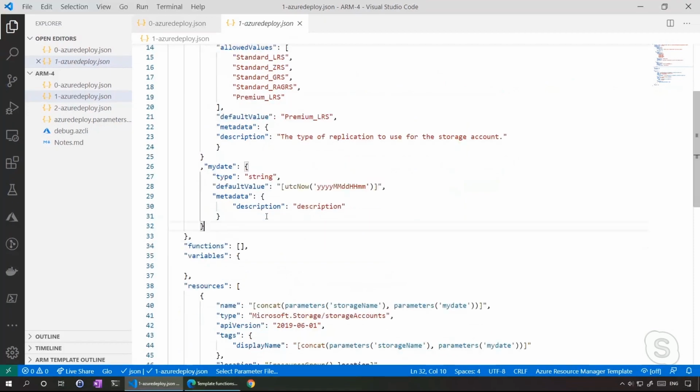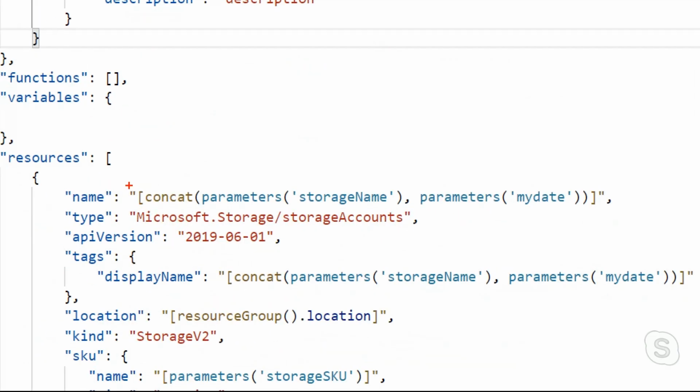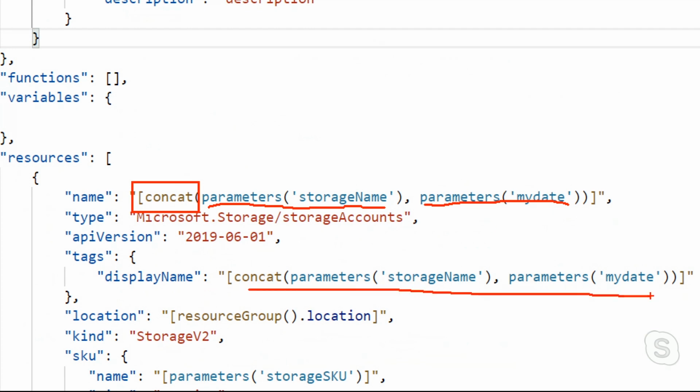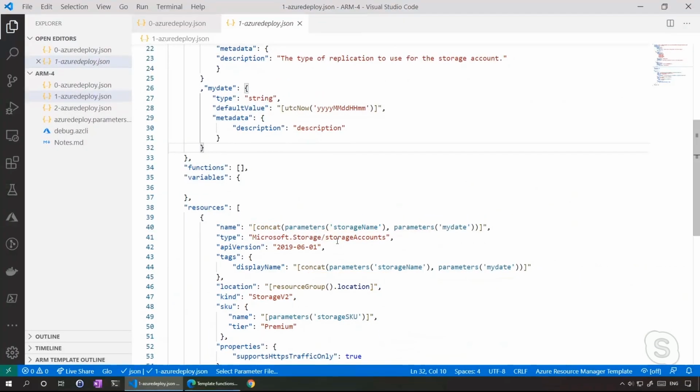Okay, so now what we want to do is use the function concat in the resource. Concat is very regular, like in any other language, it will concatenate all the other strings. So in this example, we'll concatenate the parameter storage name that we were already using, and we'll add the parameter myDate. So this way, we'll have something a little bit more dynamic. And then, of course, I use that everywhere where I was using the name. So if I go now and validate,